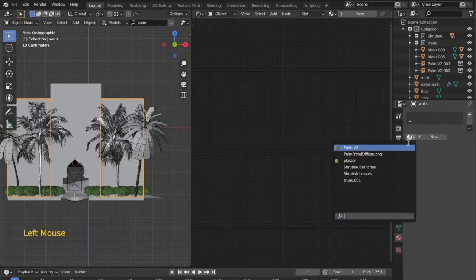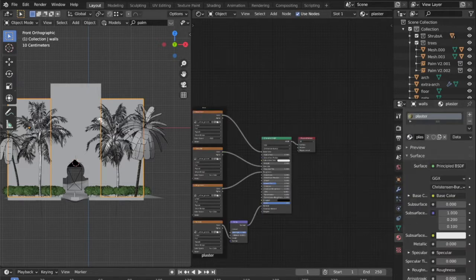So what I will do is go over here, select plaster, and you can now see that it has been assigned to this. Also, you can re-verify it by going over here and seeing this number. If you see 2, it means that the same material has been applied to two objects within the scene, which in this case is this one and then the other object.